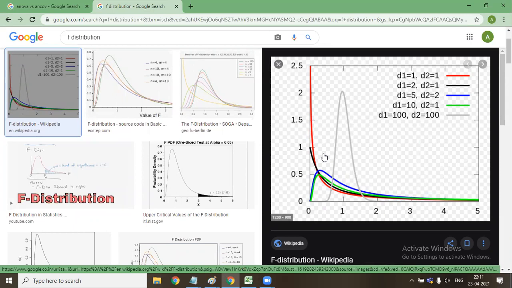One more distribution which I will tell you is the exponential distribution. This F distribution is the same F test that we have conducted. Every test we do with the name F is F distribution. Every test that we do with the name Z is normal distribution. Every test that we do with T is a T distribution. Okay. Yes, sir.